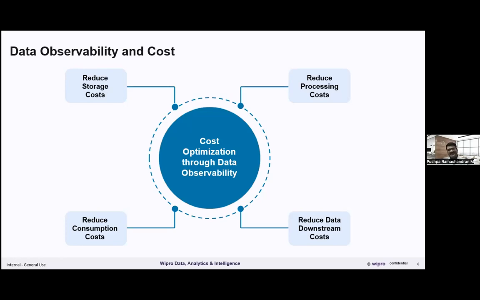Of these earlier, there's a very important element that is a cost of doing all these things across these layers and across the data pipelines. There's cost involved in storing the data, processing the data, and consuming the data. So how do we keep track of these costs, predict the future spend, as well as manage the chargeback mechanism is an important question in front of many of the CDOs and CIOs today.